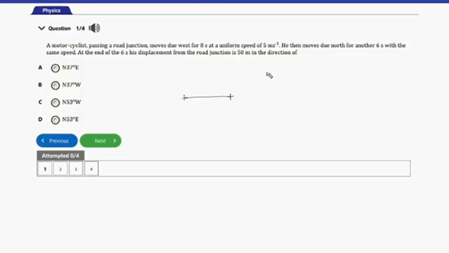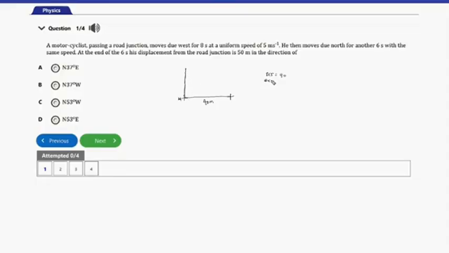So if we want to get the distance here, the distance will be the speed times the time. So 8 times 5 is 40 here. So the distance is 40 meters here due west, and then he moved again for 6 seconds due north, but